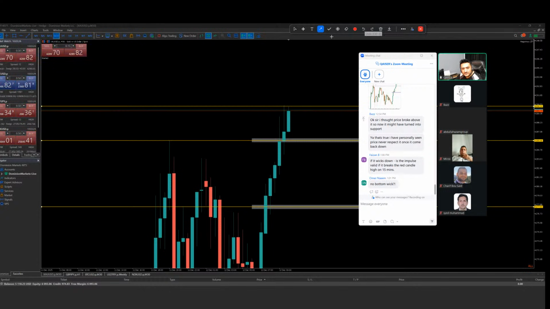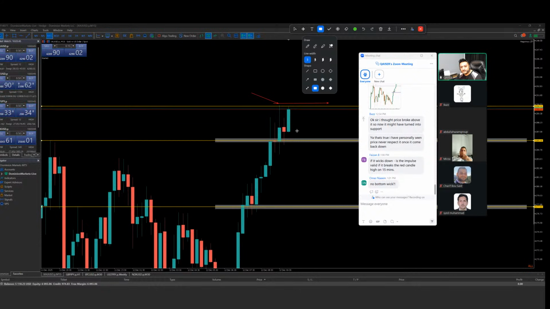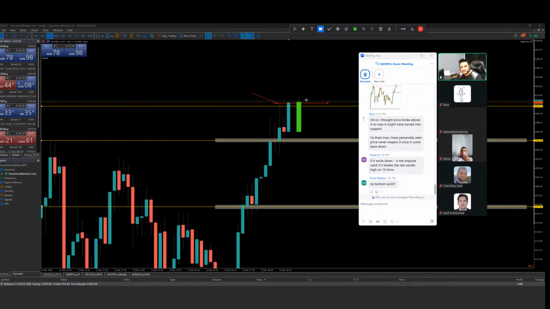So there are two scenarios and we need to take a decision. Number one, does an impulse entry make sense if we break above this high? If you are comfortable with the impulse entry, then it makes sense for you, depending only on volume. But if you get a single candle which closes with no bottom wick, somehow in this shape, somehow in this shape, there's a high probability it could also continue pushing upside.